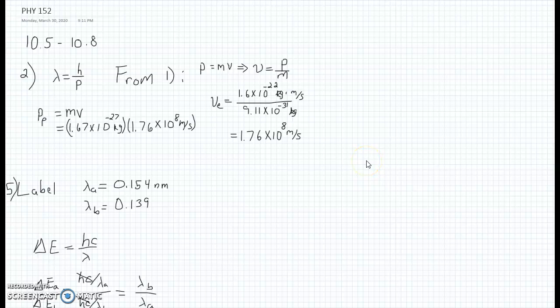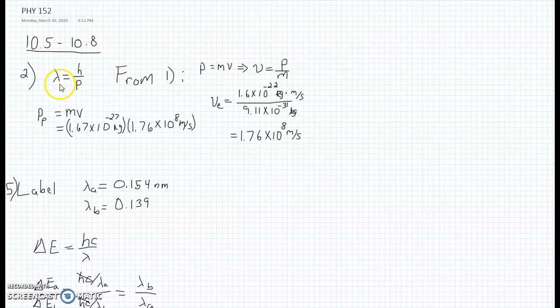Okay, so I wanted to address a couple of the questions in the wiki from homework 10.5 to 10.8. And the first question was question 2, and like I indicated, there were a couple of mistakes, one on my end and one in the solution manual. So I wanted to make sure that